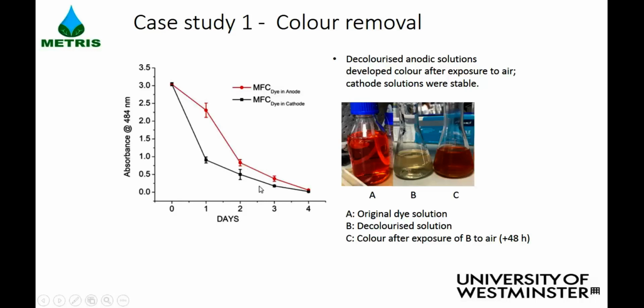And we've actually been working with various ways of trying to improve the stability and activity of enzymes within the cathode using, for example, various immobilization techniques. But what we also see, and this is something which is not quite commonly reported in the literature, is that for the solutions in the anode, that's the starting position of acid orange 7 in the anode chamber, it gets decolorized